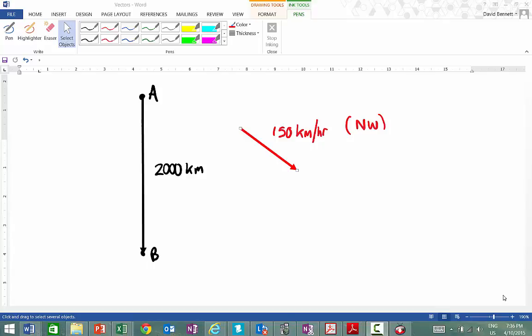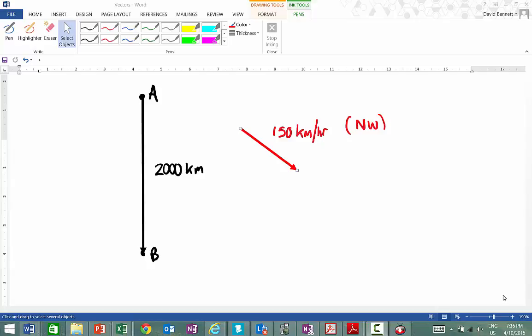In this video we're going to look at another couple of examples to do with vectors, application of vectors. Now I'm just going to read you a scenario which hopefully makes sense. I'm going to fly from town A to town B, which is due south. It's 2,000 kilometres away, and we know that there is a breeze coming from the northwest, that's blowing at